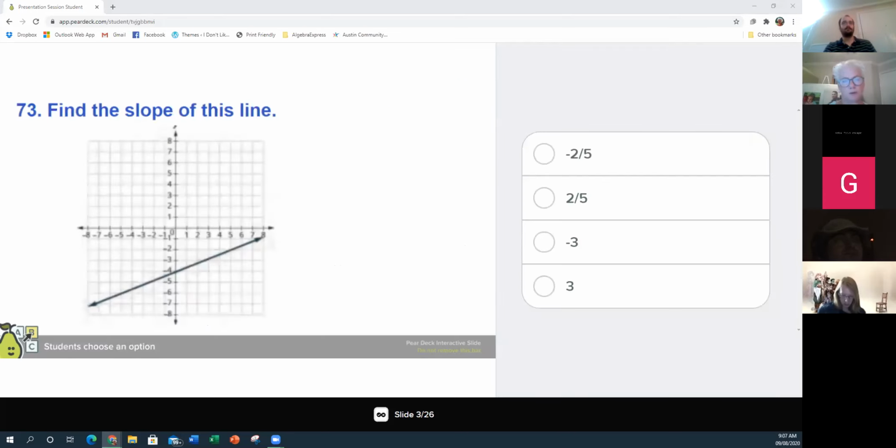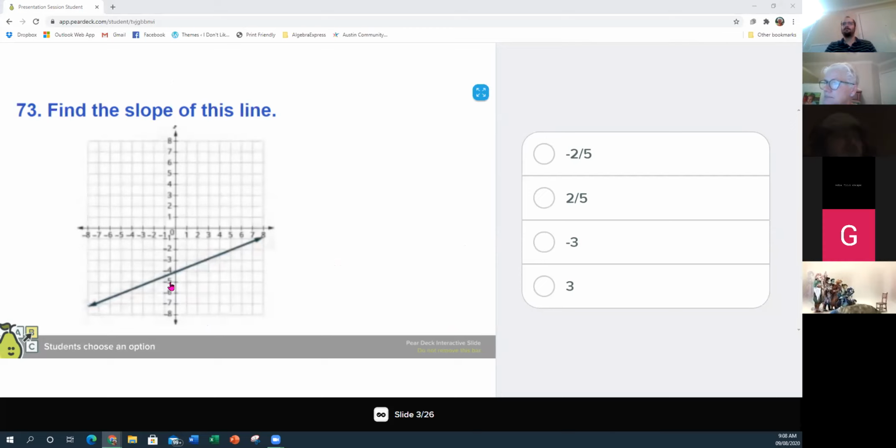So here we go. We're doing the first problem on today's homework, and I would hope that someone can help me do this. So I want all of y'all to find the slope of this line, and then we'll talk about this. So if everyone will do that, and